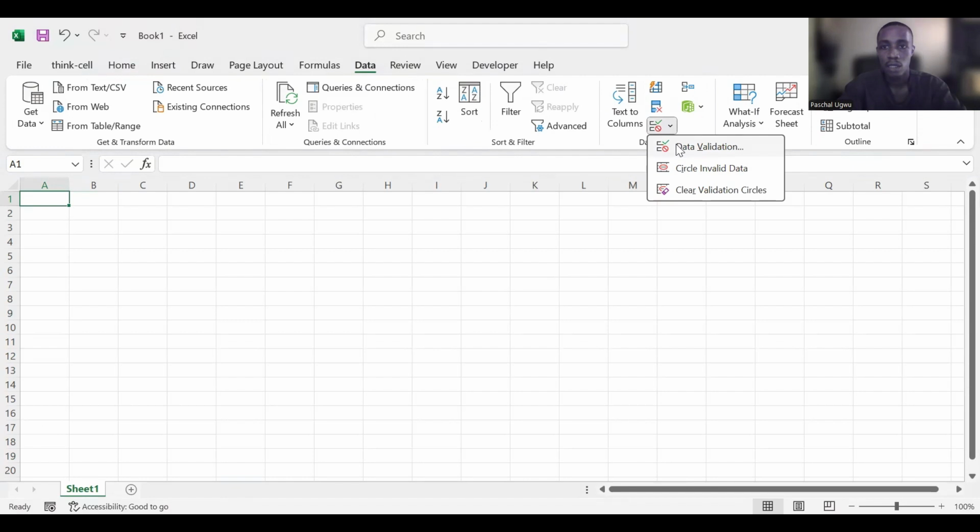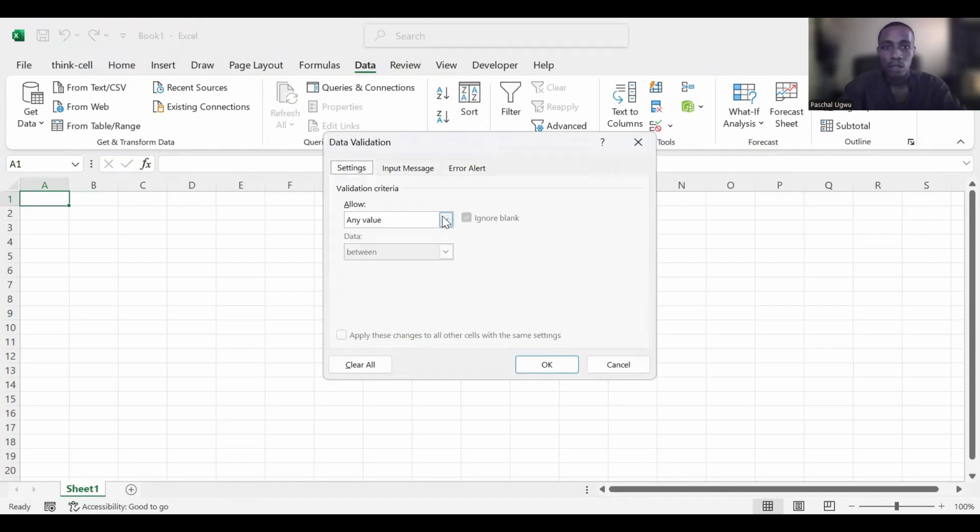I select data validation. Here you can see the predefined validations that are allowed, but these are not what I want to do, so I will just click on custom. When I click on custom, let me uncheck this. Then the formula that I need is